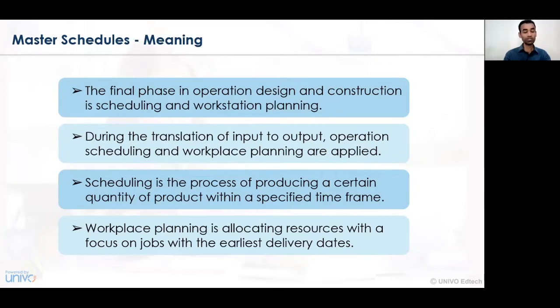So during the process from input to output in the organization, a series of activities needs to be planned. At the final stage, a schedule is prepared and workstation planning is undertaken. Before starting a particular process, the schedule of activities is prepared, that is, at what point of time which activity will be performed. If a particular activity is being performed, what stage will be utilized and in what way material will be consumed.